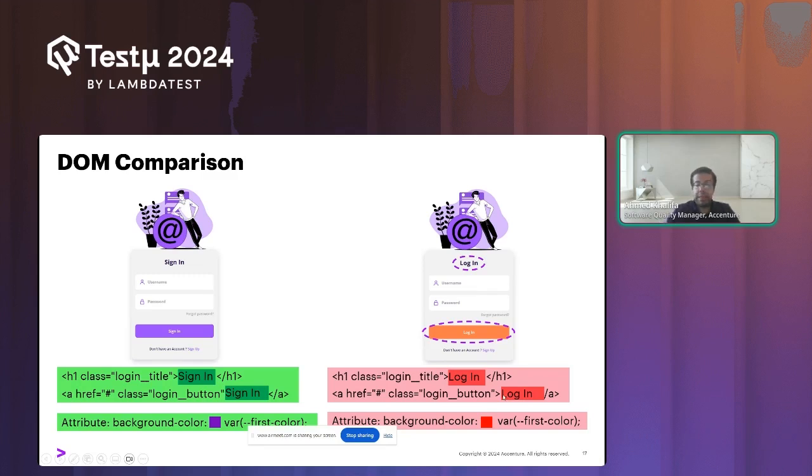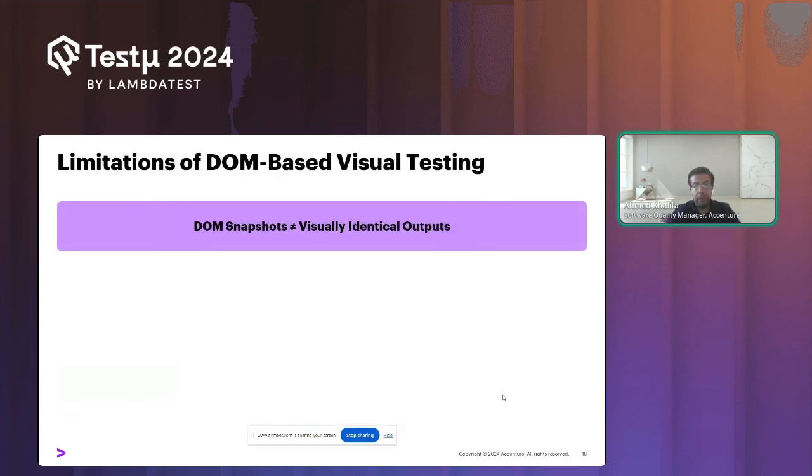And this was the second thing after the pixel to pixel comparison, that you could do a DOM comparison. It's a nice idea because you now don't rely on pixels, but you rely on the DOM. But with experience, you figured out that this also will not work.